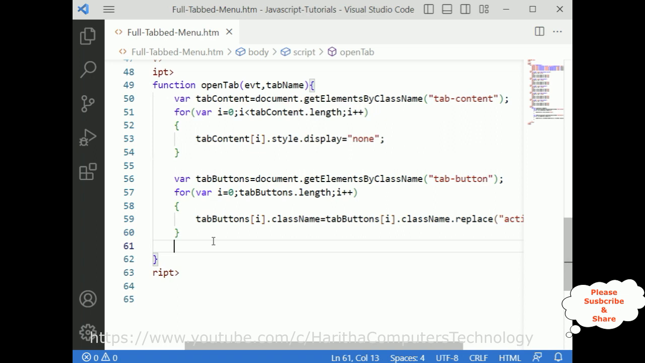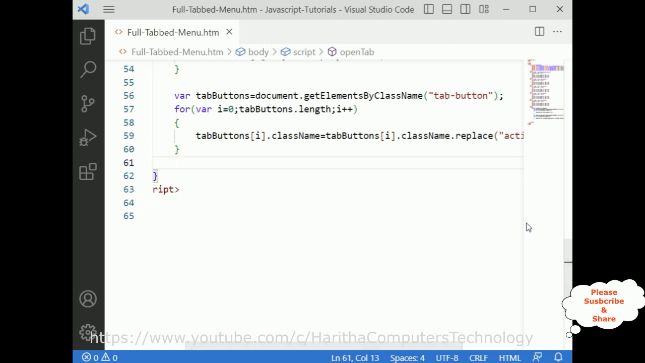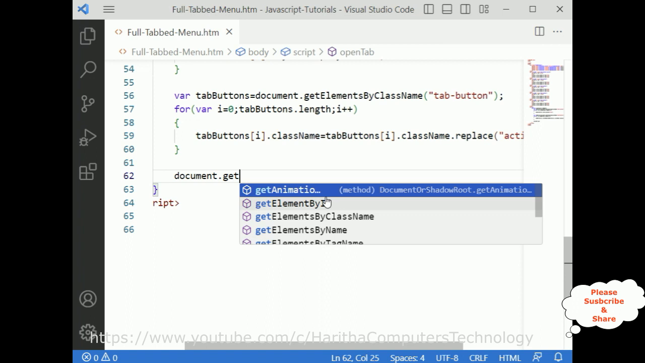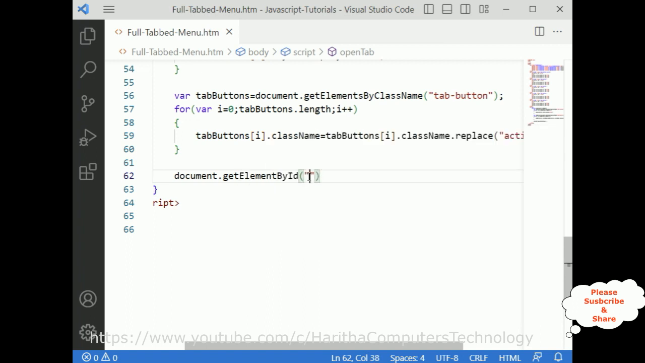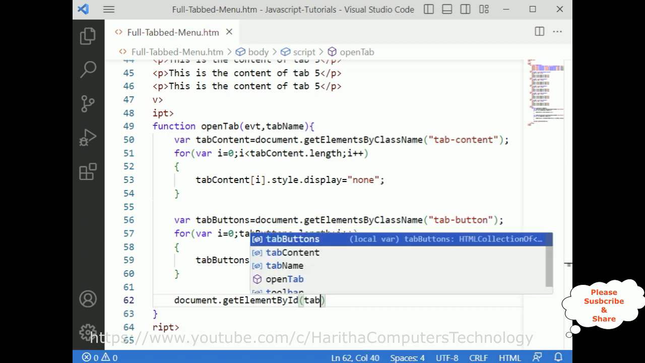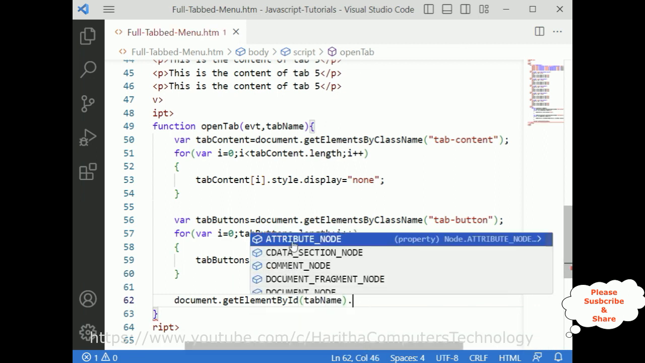Now I want to show the current tab. So here is document.getElementById, the current tab. The current tab here is the tab name. We need to add the tab name. We don't require the double quotes here. Tab name. Dynamically we are getting the tab names from the click. When we click the button control, get the tab name. Style.display equals block,